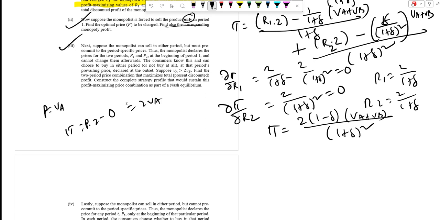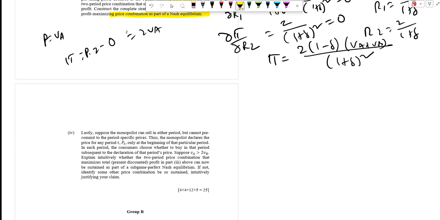Next, suppose that the monopolist can sell in either period but must pre-commit to period specific prices. Thus the monopolist declares the prices P1 and P2 at the beginning of period 1 and cannot change them afterwards. So VA is greater than, suppose this thing, as a part of the Nash equilibrium we have to form. So the total discounted profit in this case will be